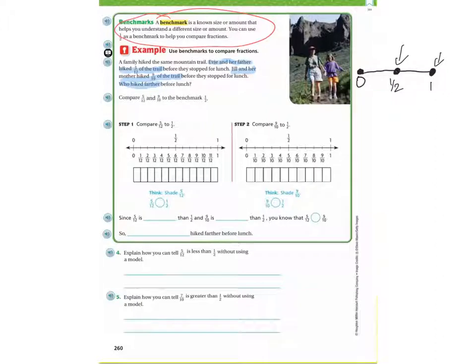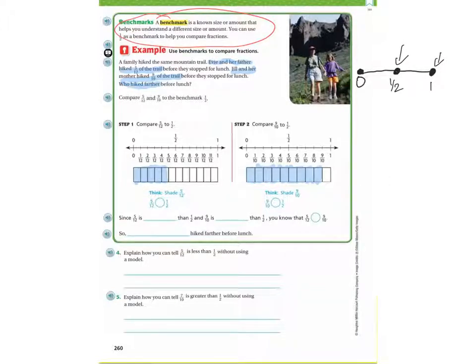So let's shade in 5/12. We have 1, 2, 3/12, 4/12, 5/12. Now let's compare 9/10. 1/10, 2/10, 3/10, 4/10, 5/10, 6/10, 7/10, 8/10, 9/10. All right, this is pretty cut and dry. We can look at these